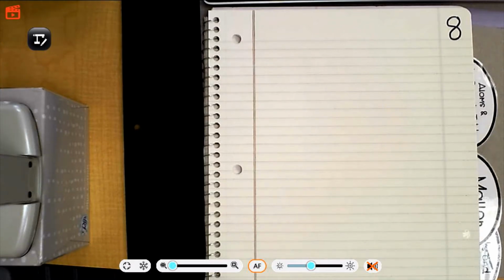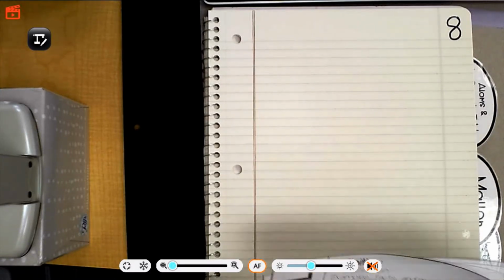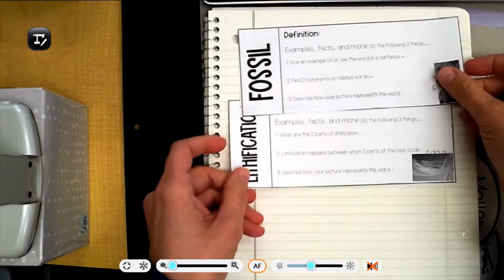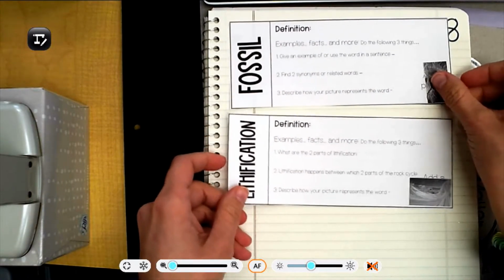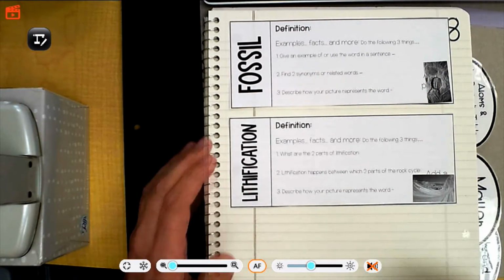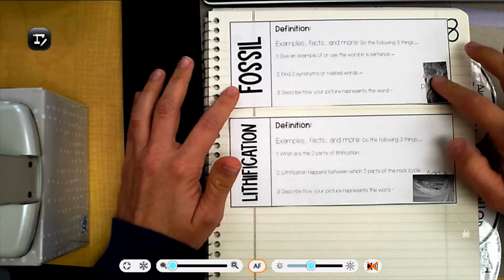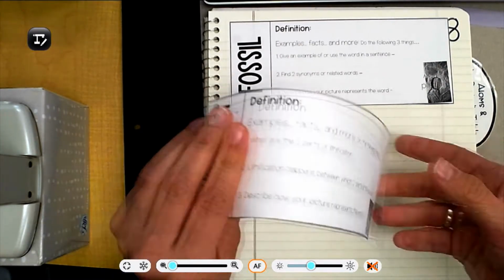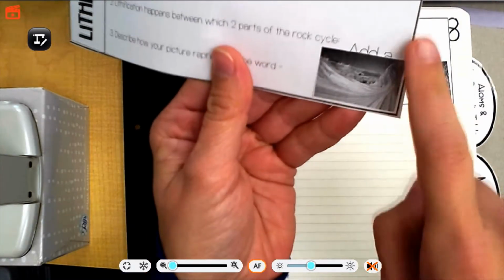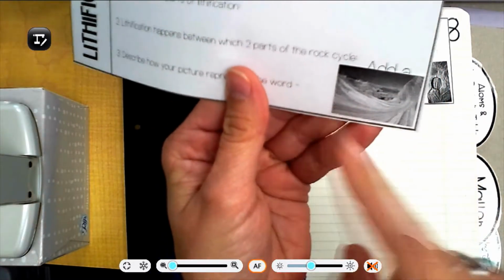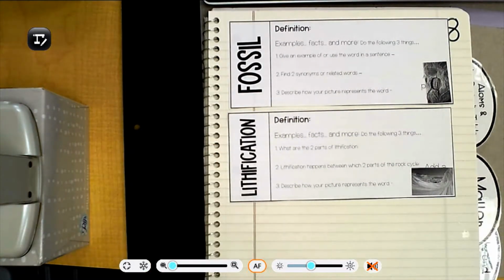Okay, so page 8, you're going to need a few materials. First thing you want to grab are the words fossil and lithification from your vocab packet. So fossil, you can tell by the picture of the fossils. In lithification, you're going to see this swooping hillside with stripes on it. So grab those two words, and then you're going to need